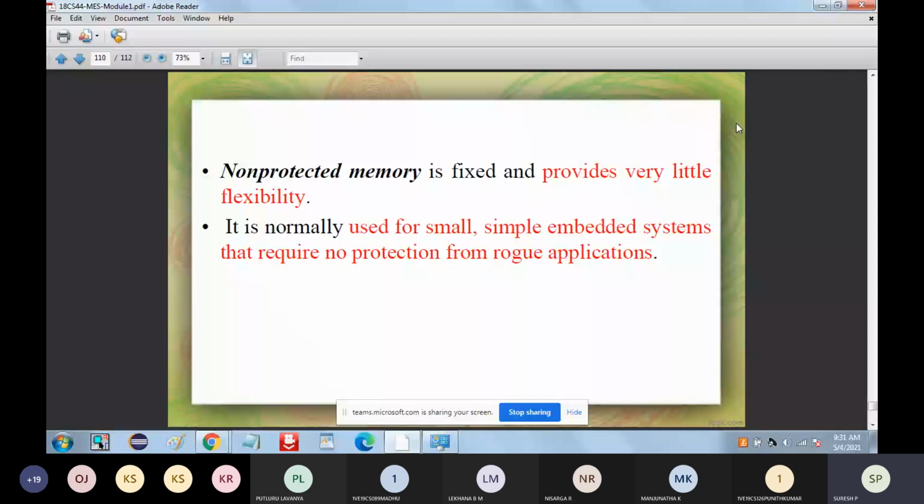Okay. So now if you take the non-protected memory, where it doesn't have more flexibility, it is going to provide you less flexibility. So where is it going to be used? It is mainly used in normal simple embedded systems, and it doesn't require protection from different applications. It is normally used for small and simple embedded systems where it does not require protection from other applications. Okay. So next is